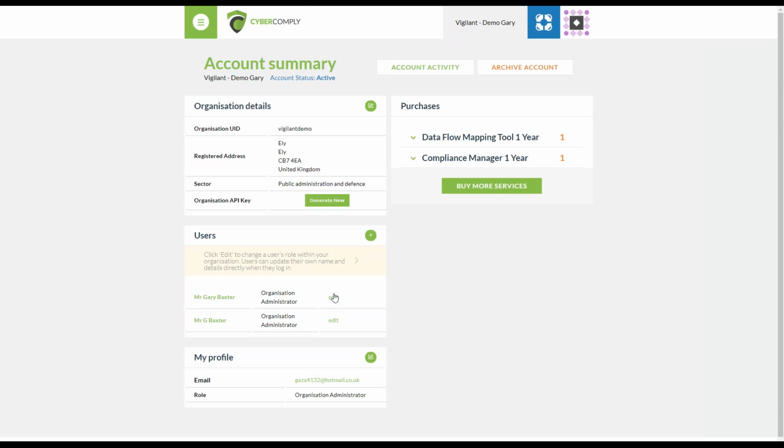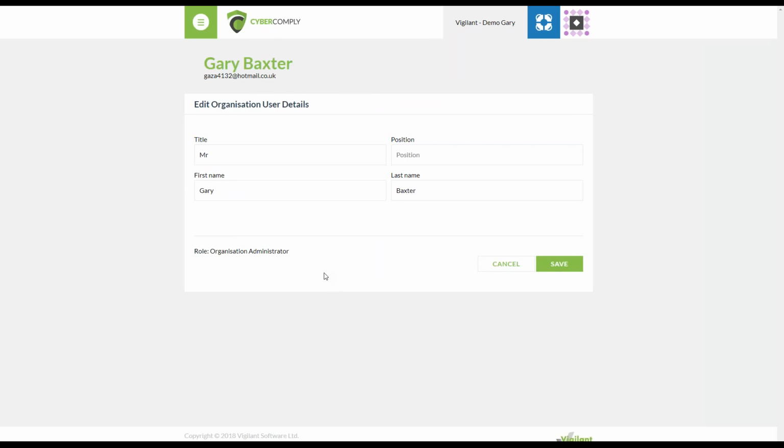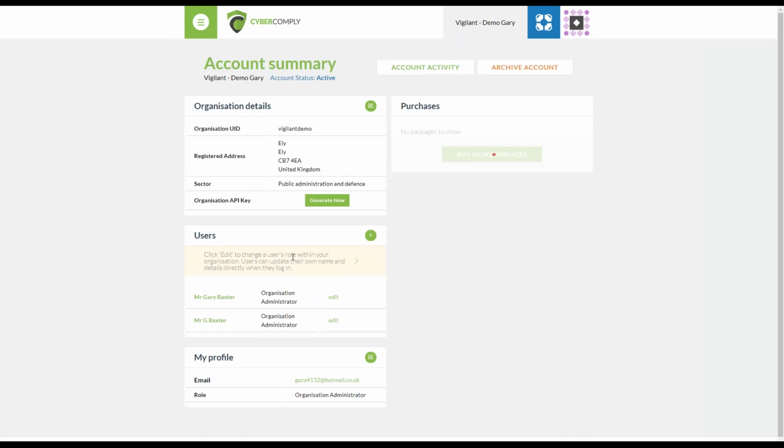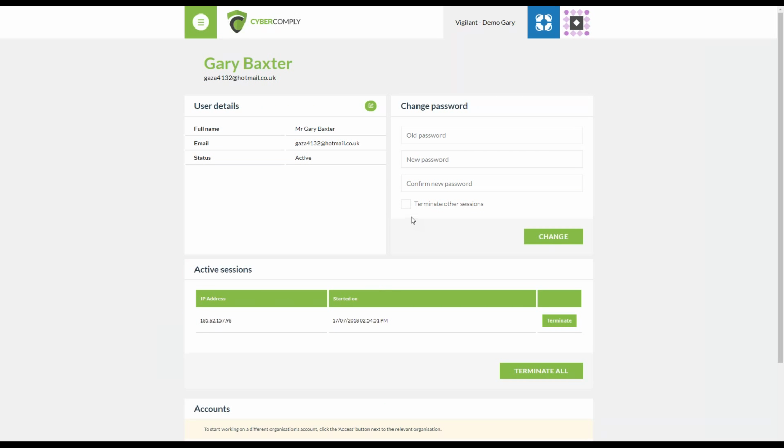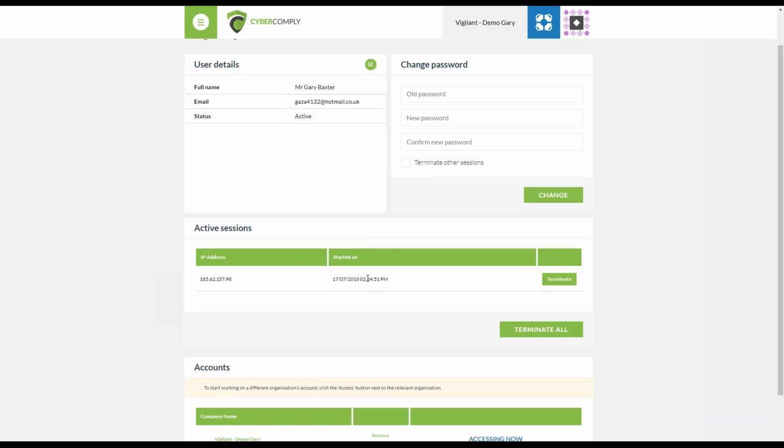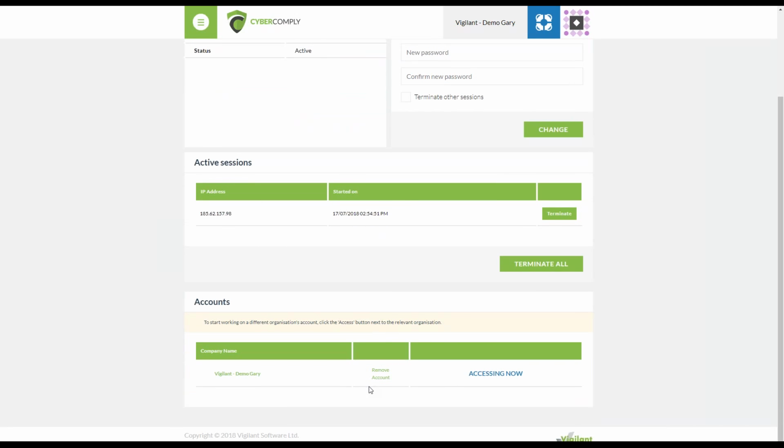Now there's a couple of additional points on here as well. If we select on edit, this will take us into another screen, so we can always come in here and change our role. If we return back out of this section and select on my name itself, this is an area that has been modified. Whilst you've still got the normal areas of changing your password information, you can change or view your active sessions. At the bottom here, this is more from a consultant standpoint. So I believe this might appeal more to yourself, Michael, one of the attendees we have on the webinar,